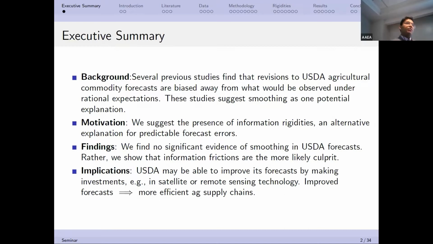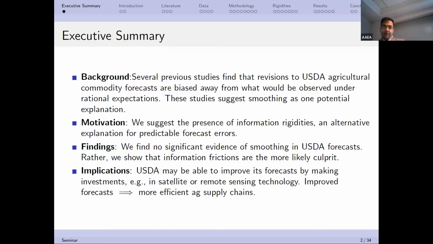Now, agricultural economics only considers correlated forecast revisions as smoothing. However, the economics literature considers smoothing to be a strategic phenomenon where the forecaster is knowingly trying to underestimate their forecasts. Now the question is, why would the forecaster want to underestimate their forecast? It could be because of reputational purposes, because they don't want to show the market that they're making large revisions. They want to make sure that they're making small revisions, even if they have to make a larger revision